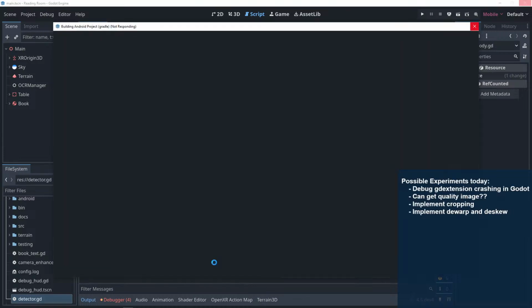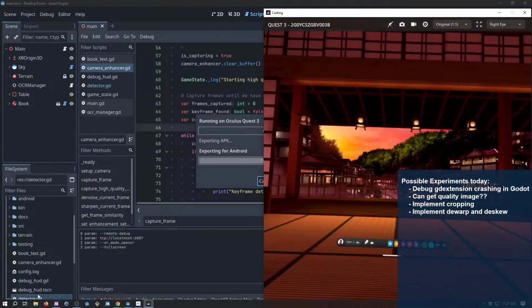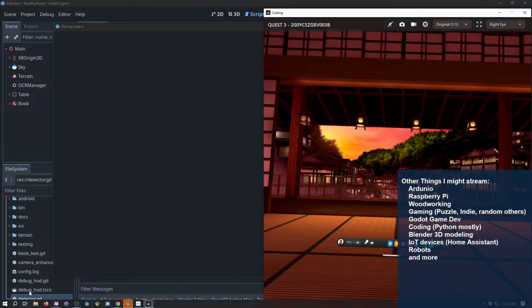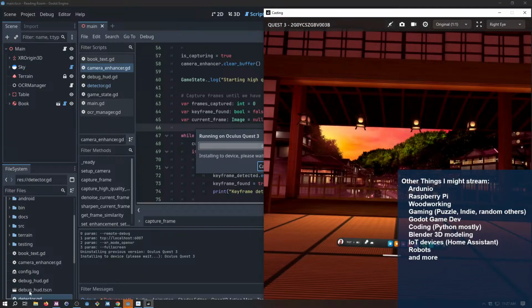This could just be the fact that it's not doing this asynchronously, I don't think. And so however long it takes for it to do its magic, that's how long the image is going to be frozen for until it finishes and then spits out. Then we should see how the logs spit out. I am a little concerned that we're not getting any logs in Godot, but